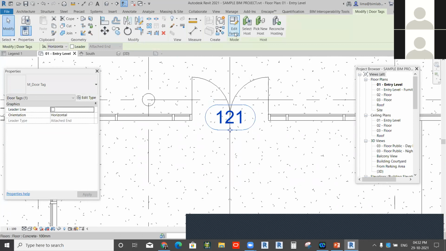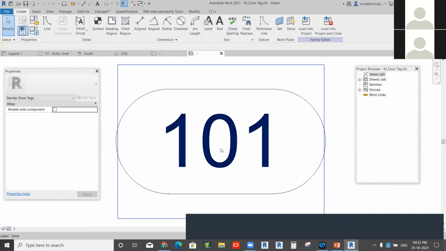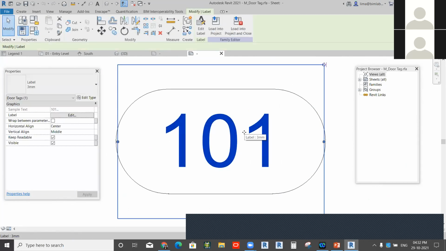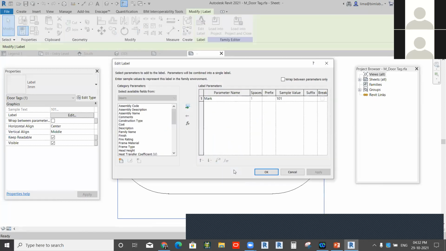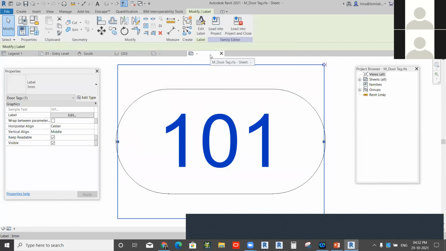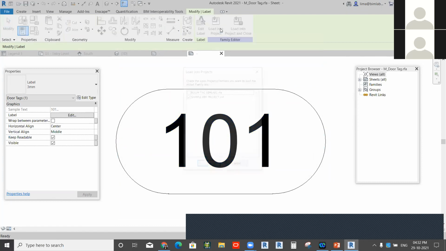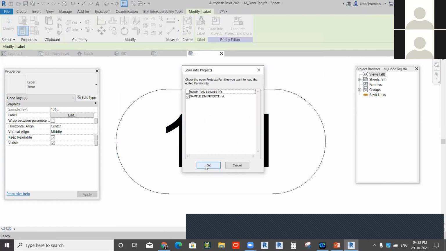For the door also, by default the door tags you can edit. Go to the edit family, door or window tag, anything you can edit. So by default there is something loaded. Go to the edit label. Now the door mark is added. If any other parameters like door frames, door type, family type name, anything you want, you can add that to your project. And for any other door tag or window tag, go for the same procedure. There is no difference in that. The thing is that you need to choose the corresponding templates. For the doors, you need to choose the door template, for windows, window templates.